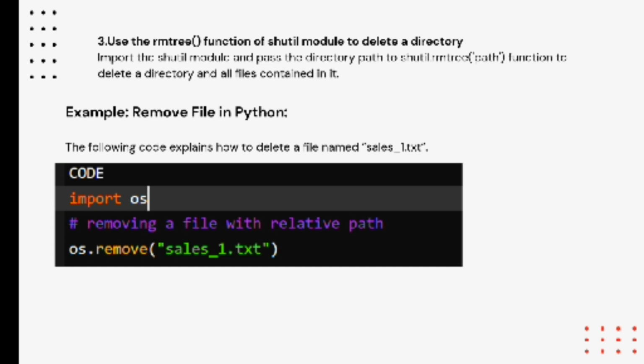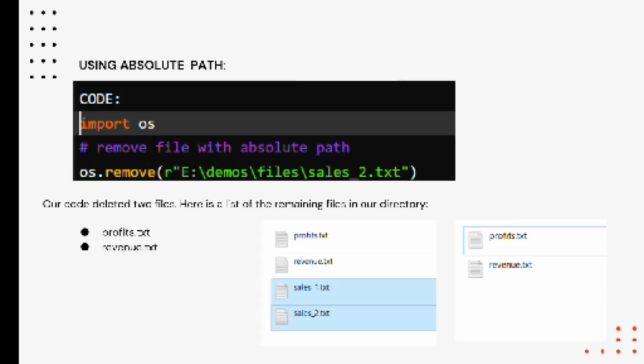Example for removing a file in Python. The following code explains how to delete a file named sales1.txt. Import os, that means removing a file with a relative path: os.remove sales1.txt. In the second example, we can see using an absolute path. Import os, removing file with absolute path, os.remove